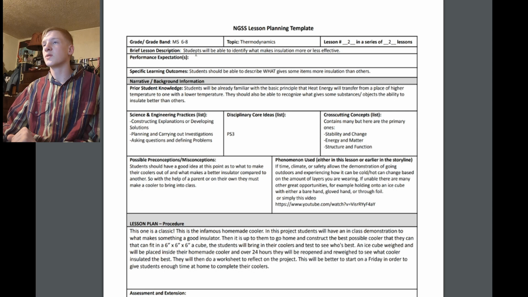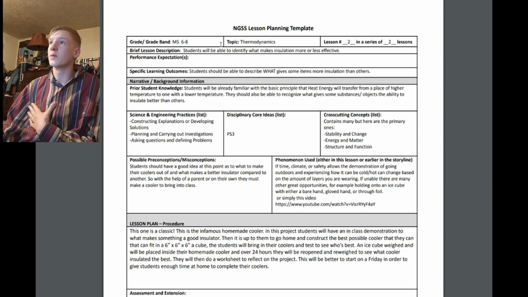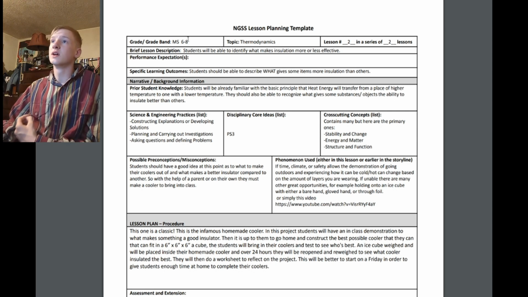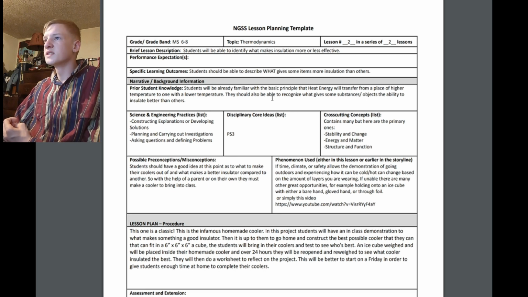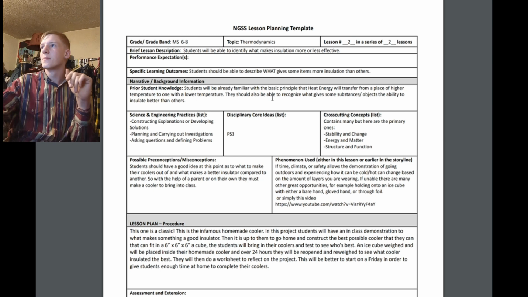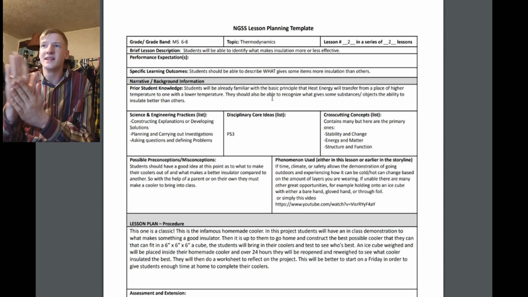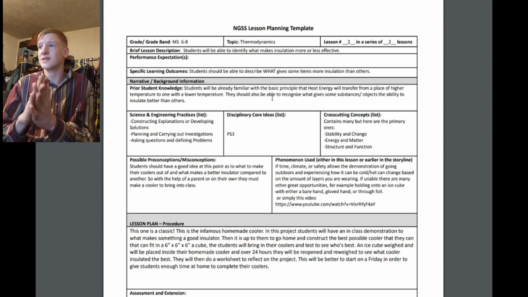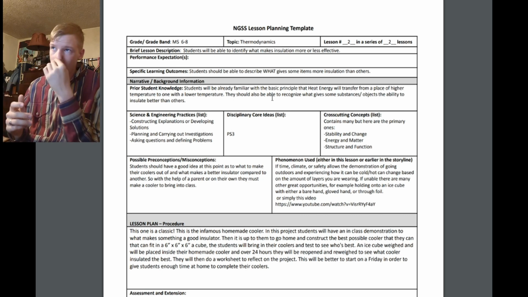My second assignment is one that I remember quite well. I'm sure a lot of other people did it in school. It was making your own cooler and seeing how long an ice cube lasted. I think I did mine in 7th grade. I believe my sister did it too. I think she did it a little bit younger than me. But basically,